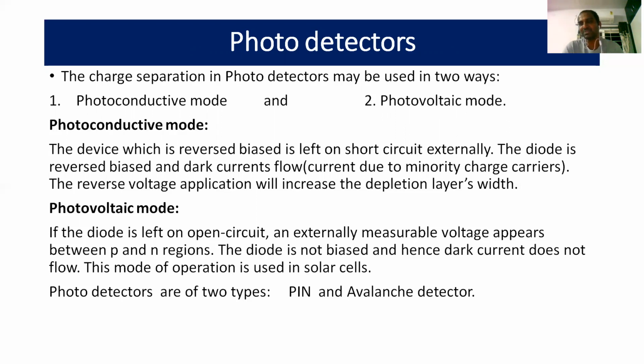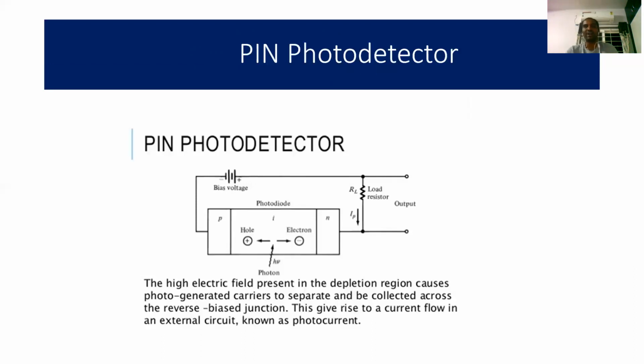Then if you consider the types of photodetectors, usually photodetectors are divided into two categories. One is the PIN photodetector and the second one is the avalanche photodetector. So what is this PIN photodetector? Already you know what is meant by photodetector, and behind this photodetector PIN is there. What is this PIN? P is nothing but P-type semiconductor, I is nothing but intrinsic semiconductor, and N is nothing